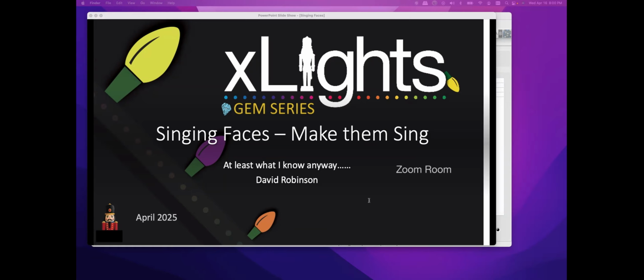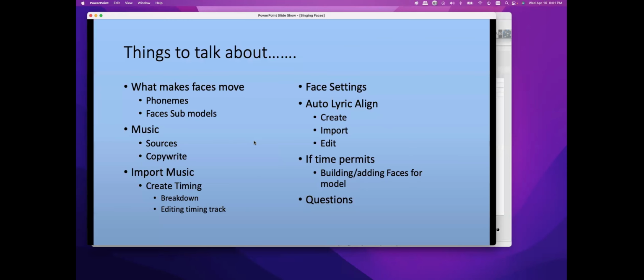So what I'm going to talk about tonight is singing faces and how they work, and show you how to implement them. We'll be working on some lyric tracks and phonemes and music and all kinds of stuff. So the first thing we're going to talk about is